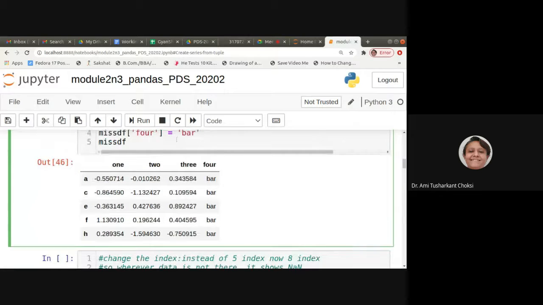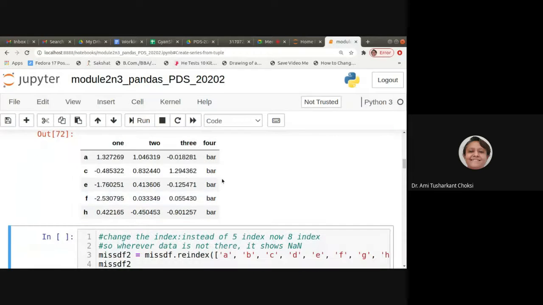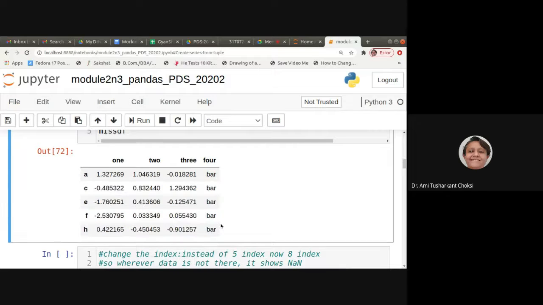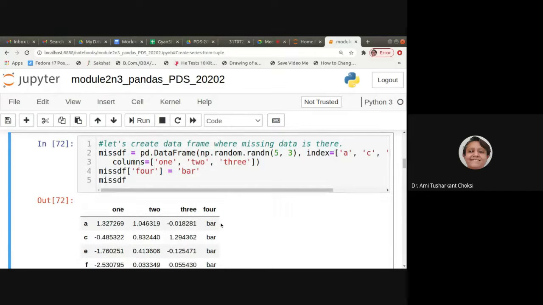Okay. So if I do this way, then for column 4, it is having bar, bar, bar as the value. So is it creating the missing value? Actually, it is not yet creating. The only thing is, first of all, we have created the data frame wherein we have the columns 1, 2, 3. The size of data is 5 cross 3 and index as ACEFH, right?